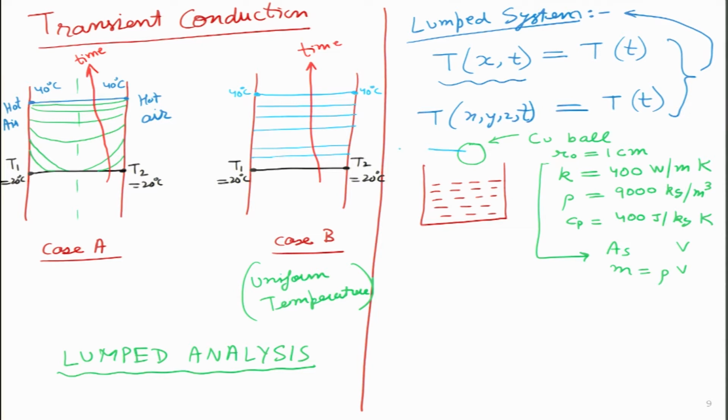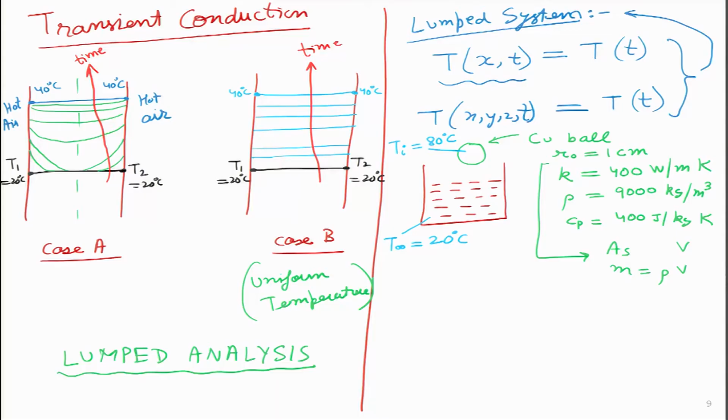This ball is very hot initially. So, the initial temperature Ti I am keeping as 80 degrees. And the fluid over here is actually relatively cold. So, this fluid temperature always remains at 20 degrees centigrade. So, maybe there is some cooling mechanism attached to the fluid, or maybe the ball mass is very less compared to the big mass of the fluid. It could be a big swimming pool or a very big water tank having 500 or 1000 liters capacity.